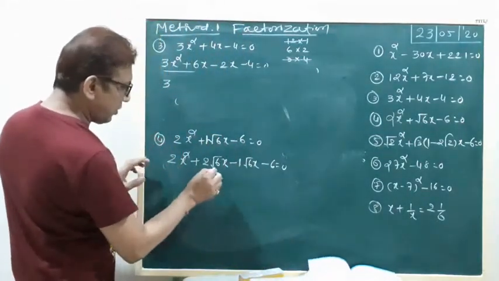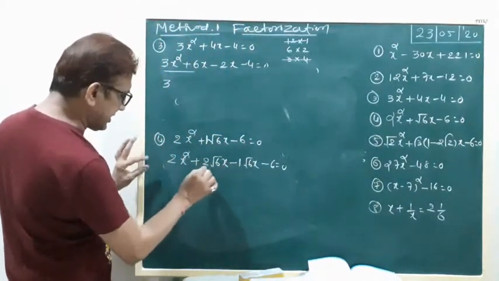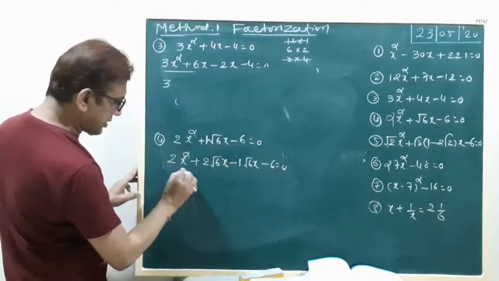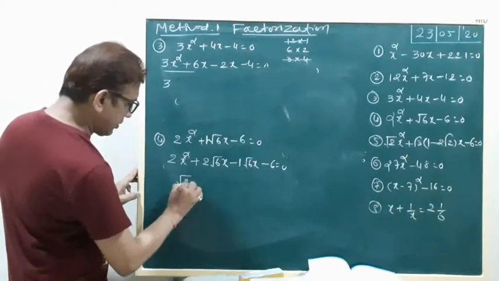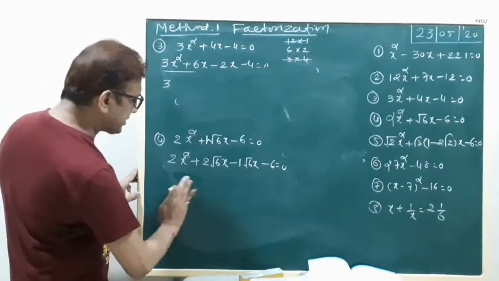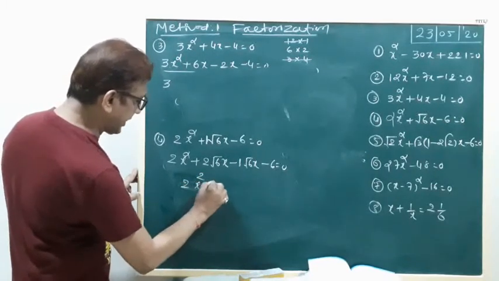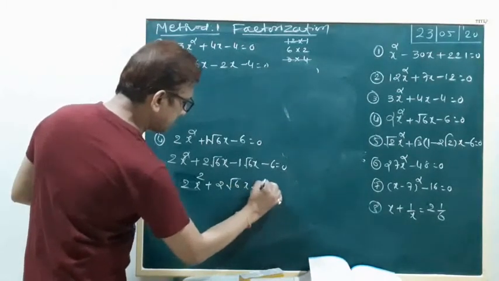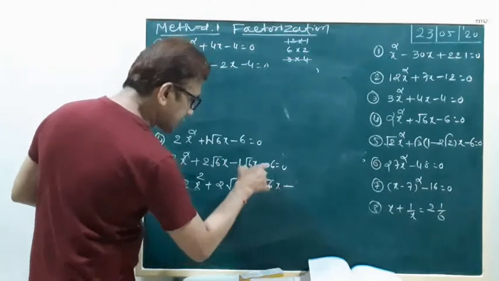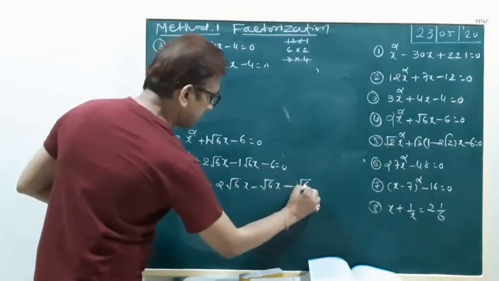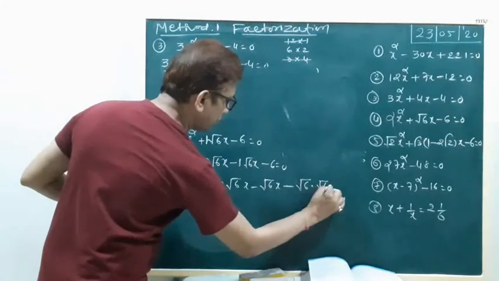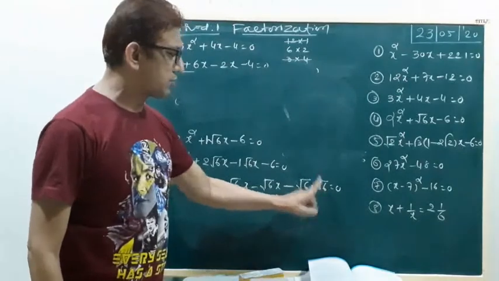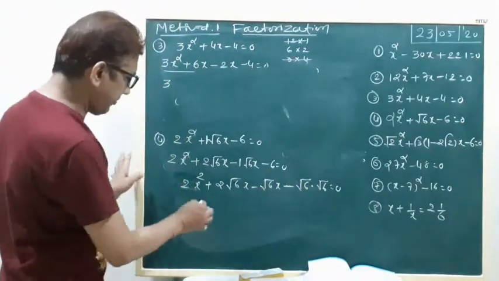Okay. Now we rearrange this second step. Again rearrange. Look here. 2x square we write. We do not write 2x square. We write here root 2 into root 2, otherwise only 2. Okay, chalo, 2x square plus 2 root 6x minus root 6x and splitting here. Here root 6 into root 6. Right? Here we write 6, but we write here root 6 into root 6 because root 6 into root 6 answer 6. Okay?